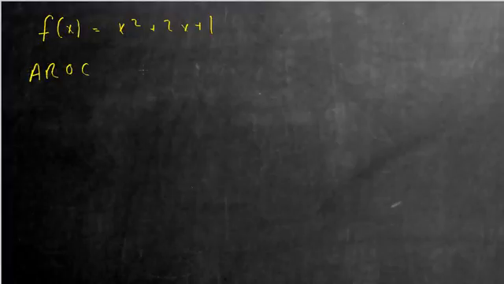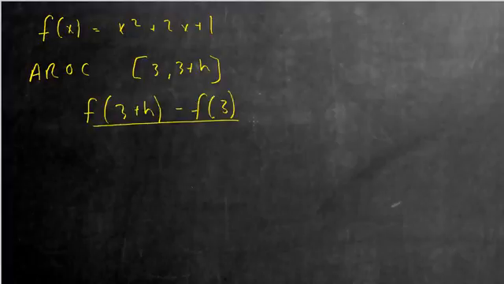Pre-calc review, number 1, chapter 9. Given f of x is x squared plus 2x plus 1, what is the average rate of change from 3 to 3 plus h? So we want to always show f of 3 plus h minus f of 3 over